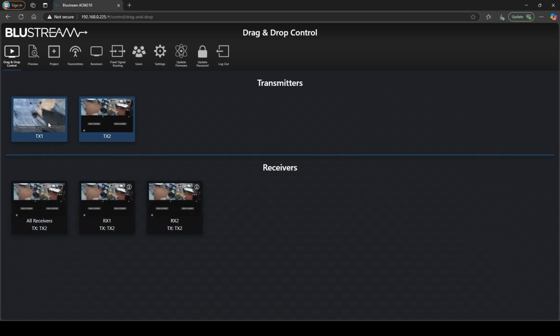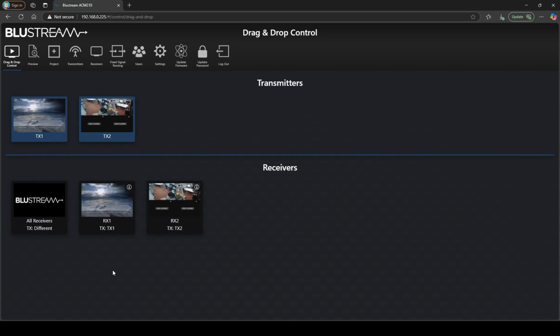You can easily then, of course, individually set up drag and drop scenarios by dropping a transmitter directly onto a particular receiver. And of course, this will scale out as the system gets larger. Now you can see how quickly, even with my explanation on this, it is to set up this video over IP system. Within a couple of clicks, it's about 6 or 7 clicks, we get done and have a system set up in a matter of minutes.